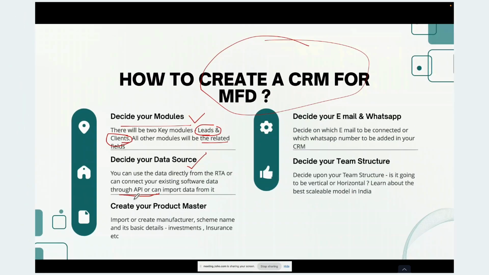So the third is to create your product master. And the product master is a one-time job, and then it gets updated regularly, where you need to do some homework. You get the list from AMFI, and then you design it accordingly, that this is suitable for my aggressive investor, this is suitable for my non-aggressive, this is suitable for my moderate, and all. So you have to align your products according to your customer's risk profile. That is the first job you have to do one time.